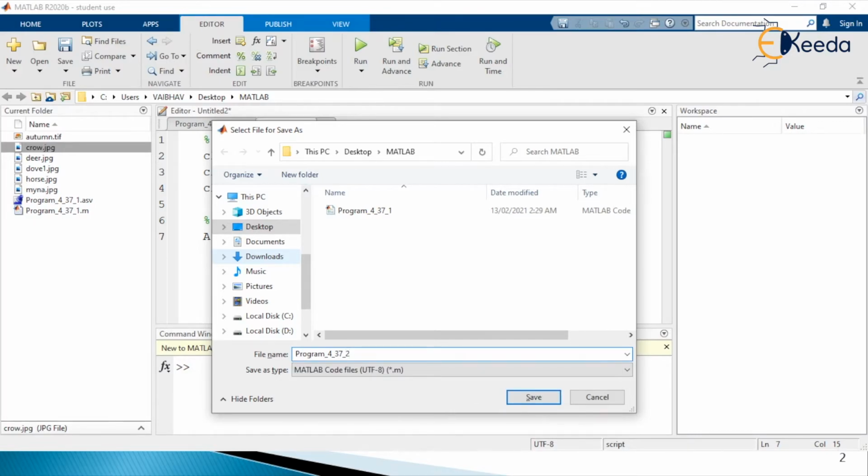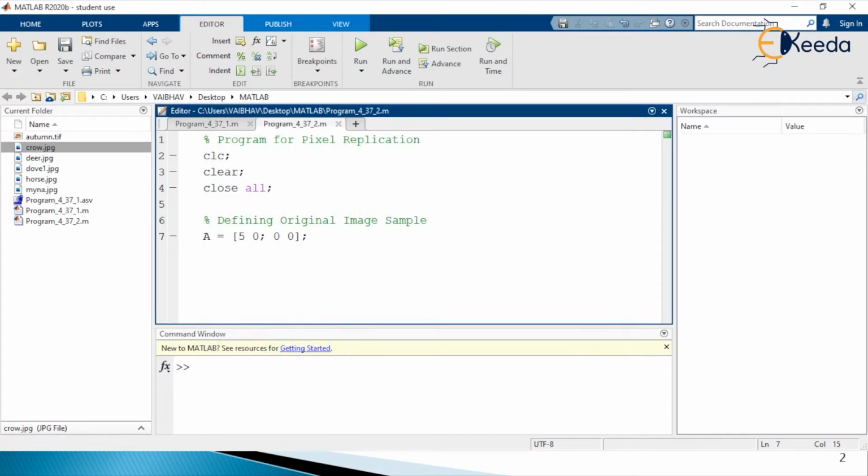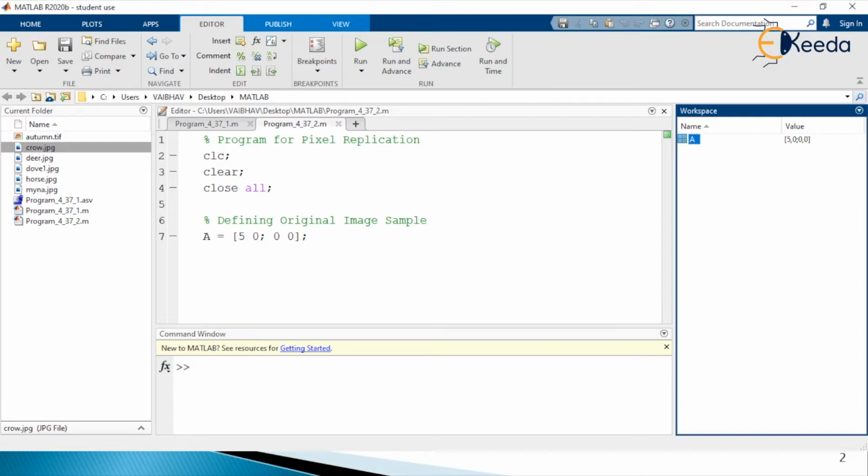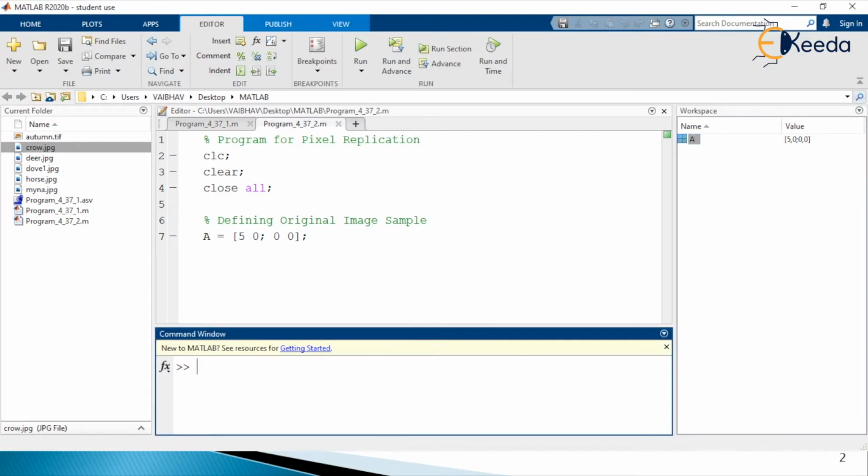Dot m is the file extension here, and as I run this particular program, now you see in the workspace we have the value 5 comma 0 semicolon 0 0 generated here. In the command window, if I write capital A and hit enter, it will show you the matrix form. First row you see 5 0, the second row you see 0 0 here.